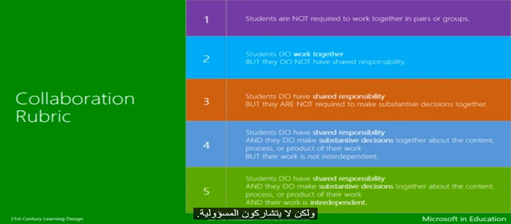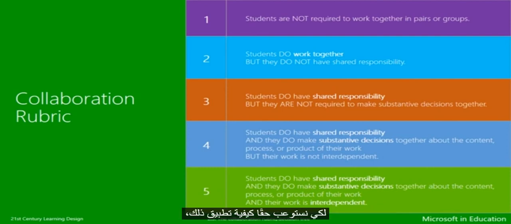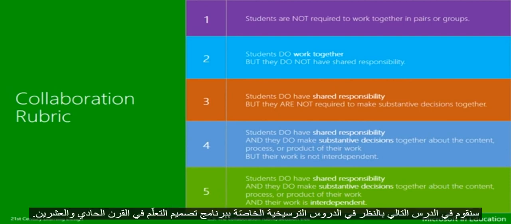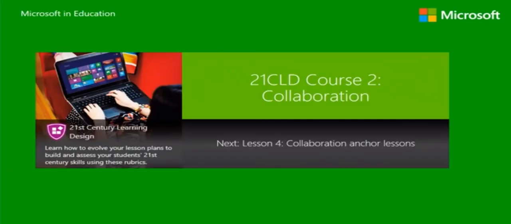As you can see, each of the numbers 1 to 5 outline the criteria for the condition of the code. For example, to achieve a code 2, students do work together, but they do not have shared responsibility. You can decide which you find easier to use, the decision tree or the rubric when coding learning activities. To really understand how this applies, in the next section, we will look at and examine some 21 CLD anchor lessons. Now that we've explored the collaboration rubric and decision tree, in the next lesson, we will take a look at the collaboration